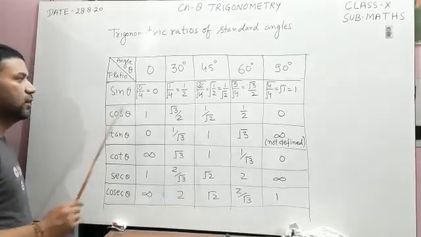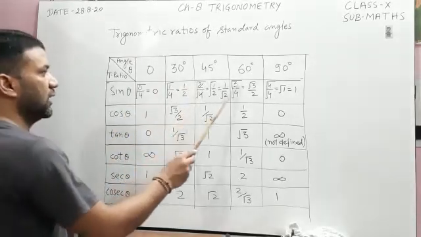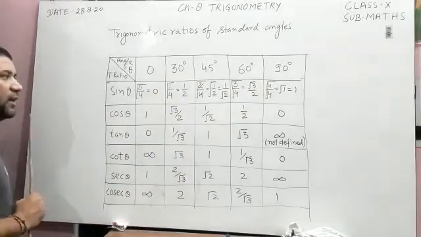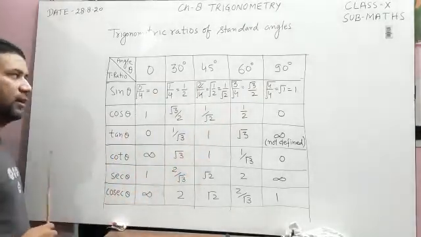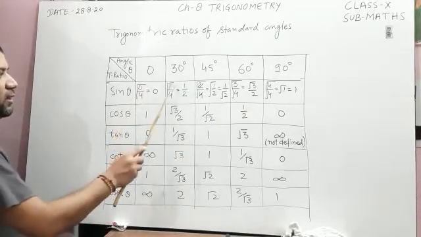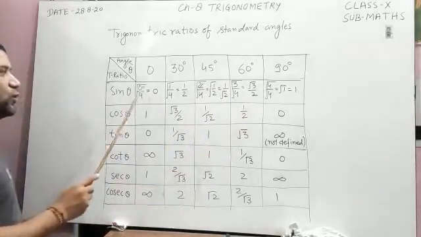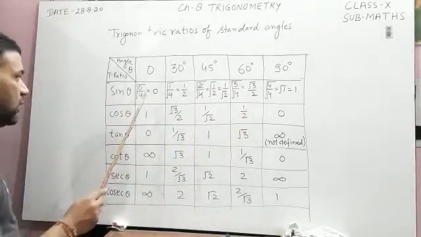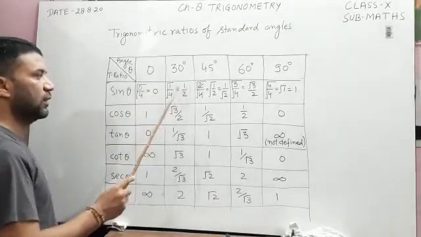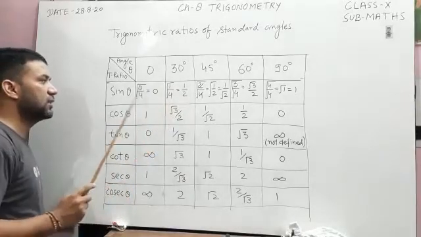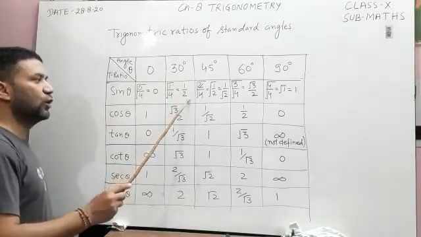So remember, you can write 0, 1, 2, 3, 4 in the numerator and 4, 4, 4, 4, 4 in the denominator, and put the square root sign on all of them. Now you know 0 upon 4, 0 upon anything is 0 and square root of 0 is 0, and root 1 upon 4, square root of 1 is 1 and square root of 4 is 2. It means value of sine 0 is 0 and value of sine 30 is 1 upon 2.